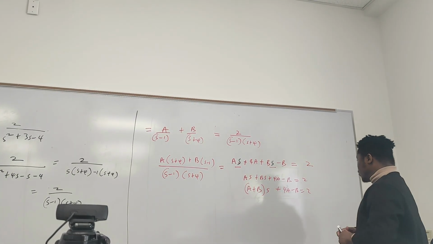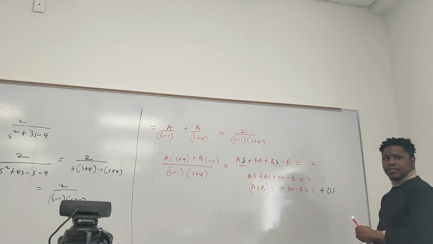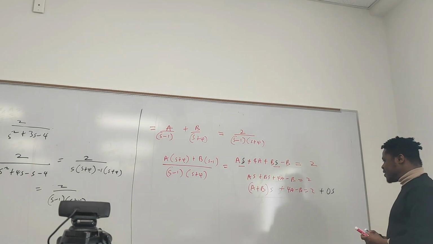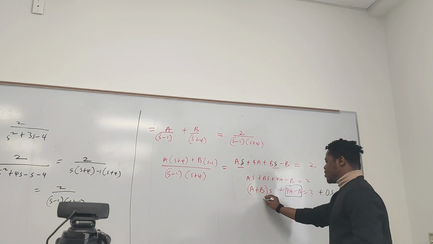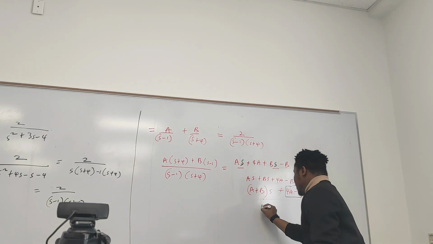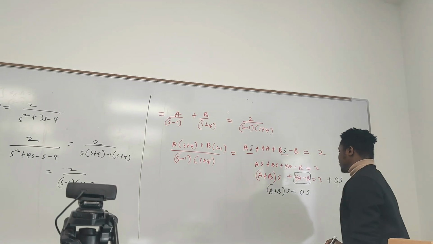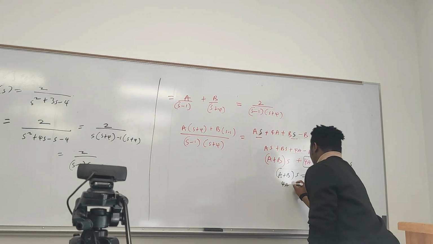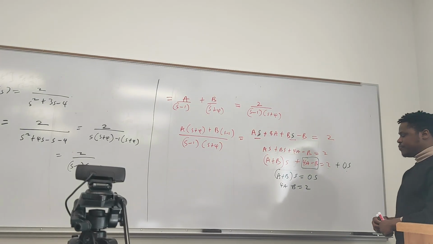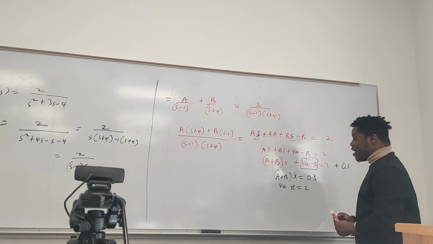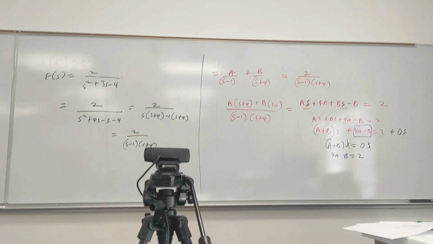Okay, great. So we can say this 2 to be 2 plus 0s. 0s is 0. So what that means is you can say this 2 is equal to this. The one with s is equal to s. So that means (a plus b) s is equal to 0s, and 4a minus b is equal to 2. We could do that. Yes, it's possible. S can cancel s. So we have a simultaneous equation, and the simultaneous equation is